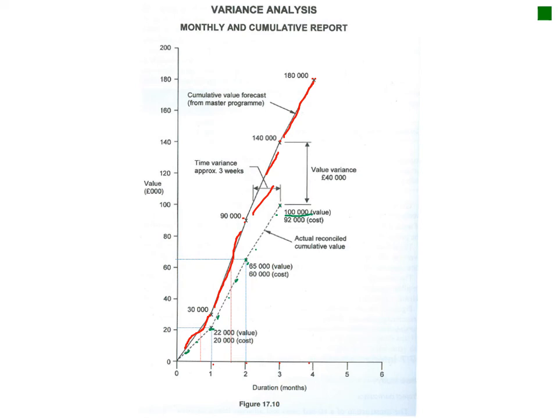From this graph you can calculate your value variance, which was 40,000 at month 3, and your time variance was approximately 3 weeks, very simply calculated by drawing in the grid lines from your actual value to your planned value, and taking it down to where it cuts your graph, and you can see that's approximately 1 week with 3 weeks on this side, so it's approximately 3 weeks